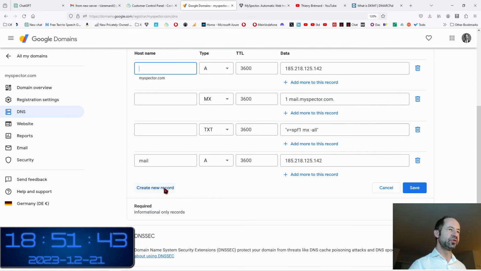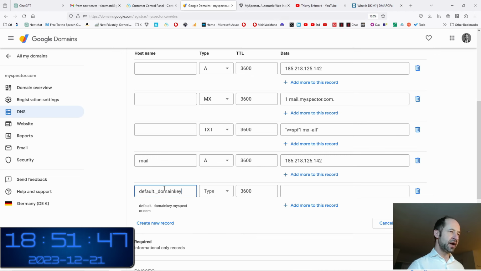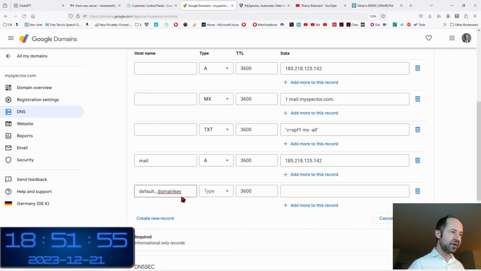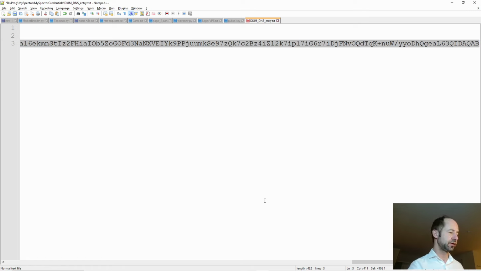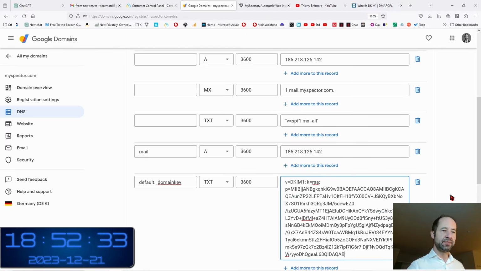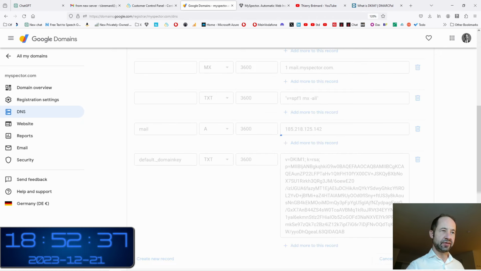I am going to create a new record. I put my name, default underscore domain key, which will be automatically suffixed by the domain name. Here you see below myspector.com. The type is also TXT. And then the value that I copy in a single line, I pasted it there. I save it,